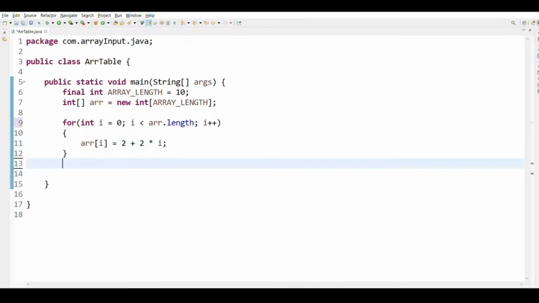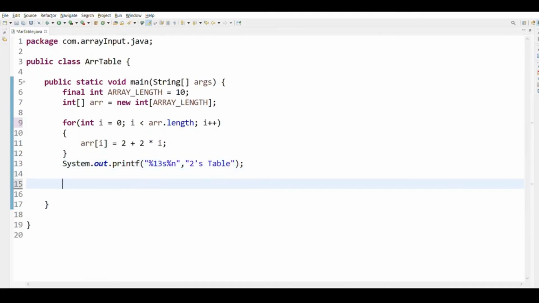Then outside the for loop we are going to write the column heading. For that we are going to write System.out.println, then in double quotes "%13s%n", then comma, and in double quotes, "2's table". Then we are going to write